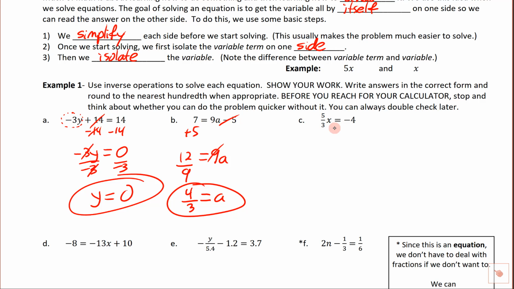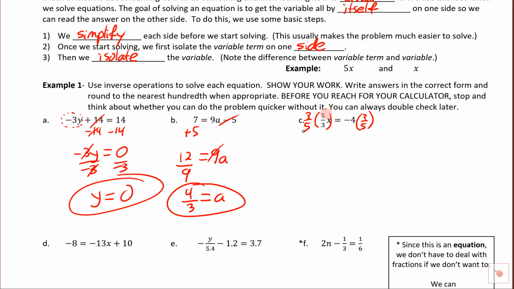Again, good reminder here. This is a single step equation. The only thing that we need to do here is get rid of the 5/3 in front of the x. Remember, to get rid of a fraction in front of a variable, we're going to multiply by the reciprocal. We could think of it as dividing by 5/3, but remember, we never really divide by a fraction. So we're going to multiply by the reciprocal here,